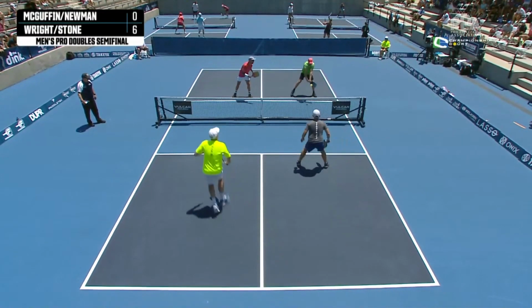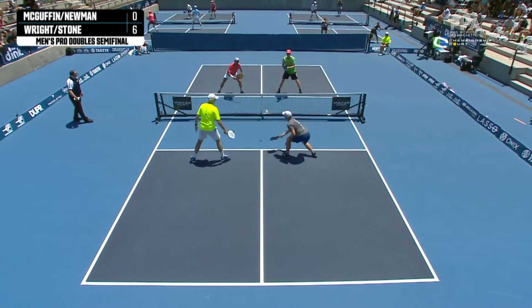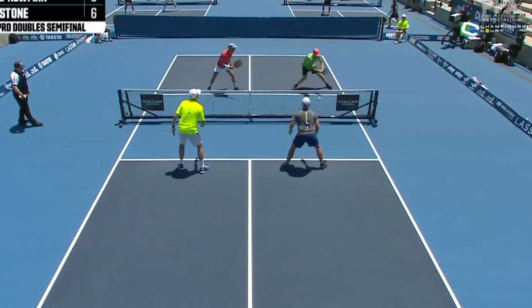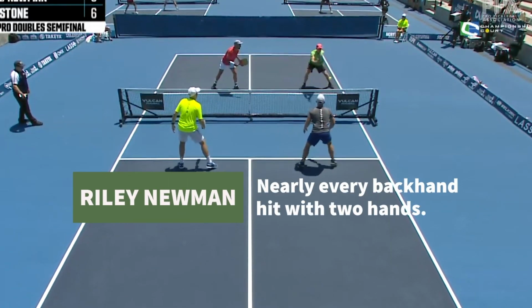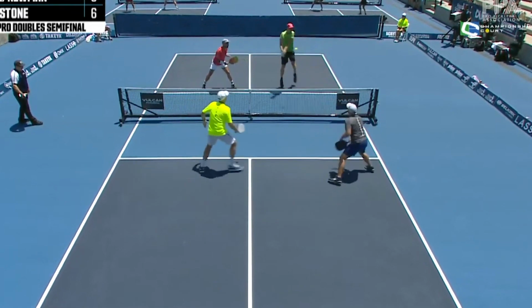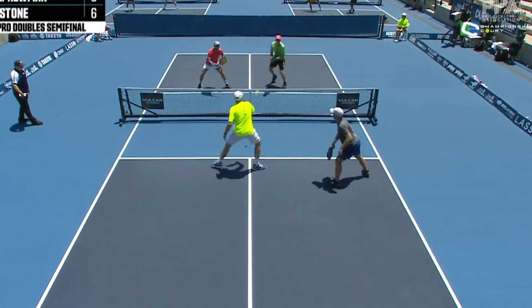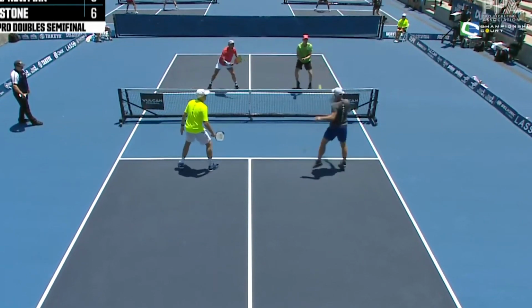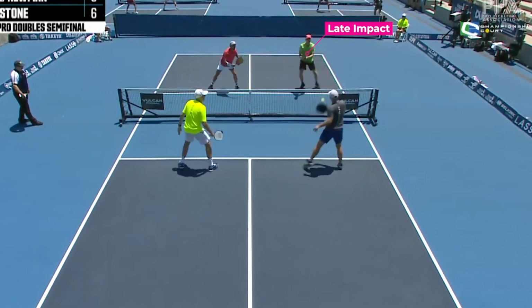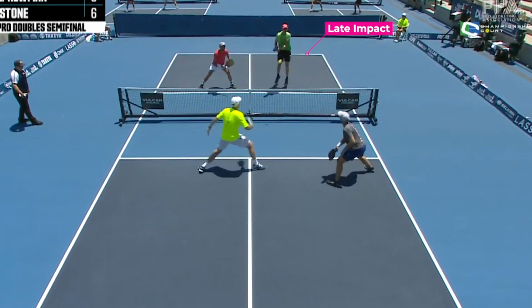They receive that drop from Wright, and things get going right off the bat. A little dinking action, and then some quick speeding up by Newman. He loves that two-handed backhand, really uses his left hand, his non-dominant hand, to accelerate things. He gets what he wants, which is a high ball from Stone, but he's a little bit late on the counter attack, or the second sort of punch in that 1-2 punch combination, and so he sits that